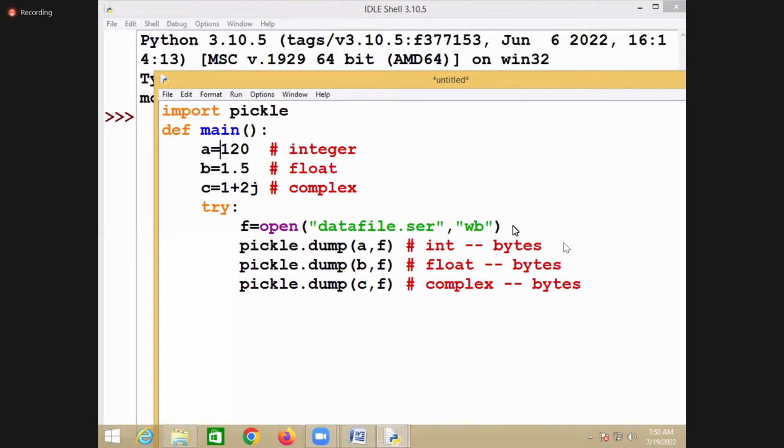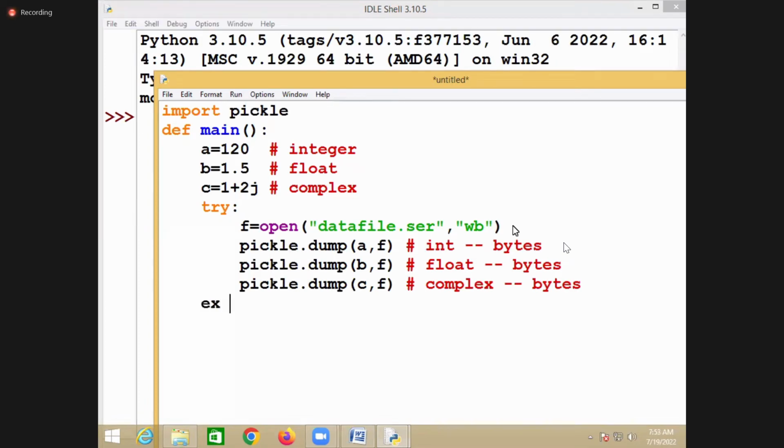What will happen in pickling is it will write the data along with the structure. Structure means the type, all the properties will be written inside what? File. So that at the time of reading, it will read these bytes and convert into which type? Integer type. So whenever it is writing, it does not only write the data, it will also write which one? Type. So that when you do deserialization, it will read those bytes and convert back into which type? Integer type. So the complete object structure is written.